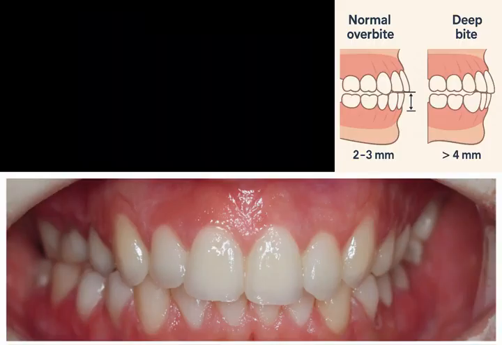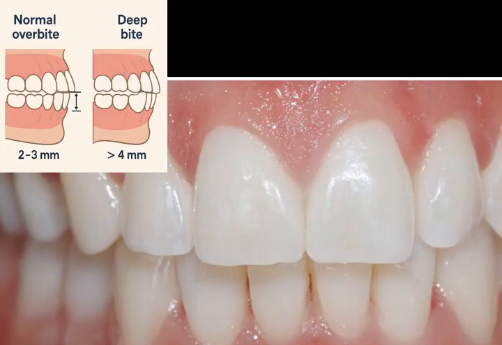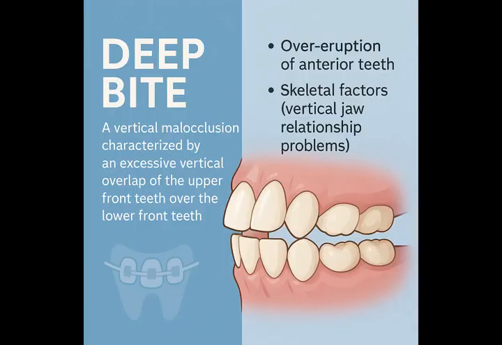Deep bite correction. A deep bite is a vertical malocclusion characterized by an excessive vertical overlap of the upper front teeth over the lower front teeth when the jaws are closed. A normal overbite is typically around 2-3 millimeters, while a deep bite is defined as an overlap greater than 4 millimeters. This condition can stem from either dental factors, such as the over-eruption of anterior teeth, or skeletal factors, involving